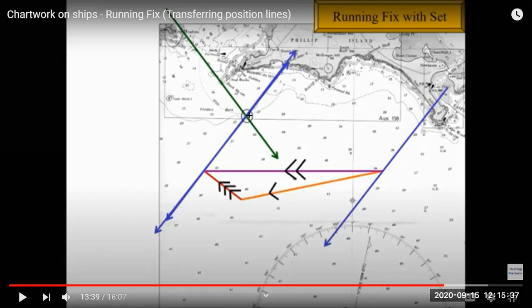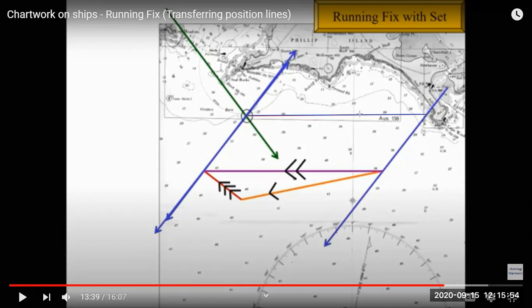We don't transfer the course to steer, but in this case we will transfer the course made good. That is this line.